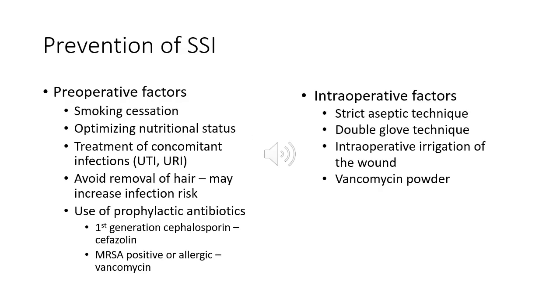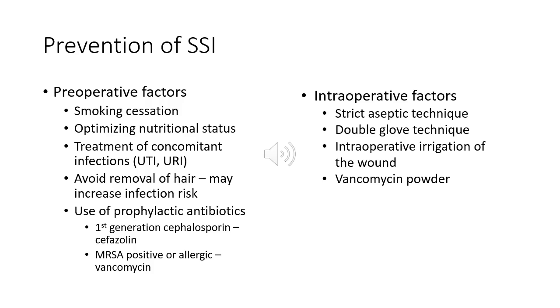The most important aspect of surgical site infection management of the spine is prevention. There are certain preoperative and intraoperative factors that we can use to help mitigate the risk of infection. Specific preoperative factors include smoking cessation, optimizing nutritional status, treatment of concomitant infections, urinary tract infection, upper respiratory infection, avoid unnecessary removal of excessive hair unless it is in direct barrier to the surgical site, and if it does need to be removed, it should be done so with clippers rather than razors to prevent microabrasions and possible seeding of skin flora,